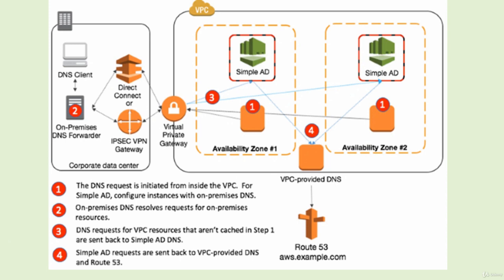Similarly, we have different things here. In this scenario, we have a DNS request initiated from inside the VPC for Simple AD, where configuration instances for the on-premise DNS, domain name system, could be used. We can have an on-premise DNS resolver to request on-premise resources. Then the request is fetched for VPC resources that are not cached. So it will be sent to the AWS AD DNS, which could be sent back to Route 53 if it is matched